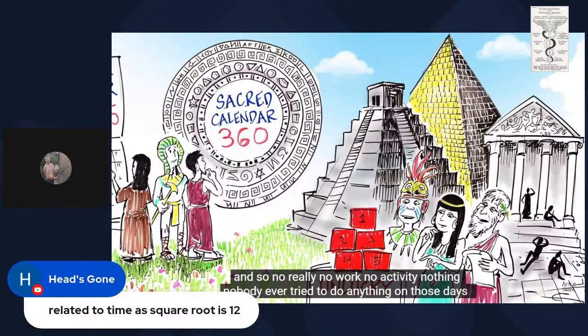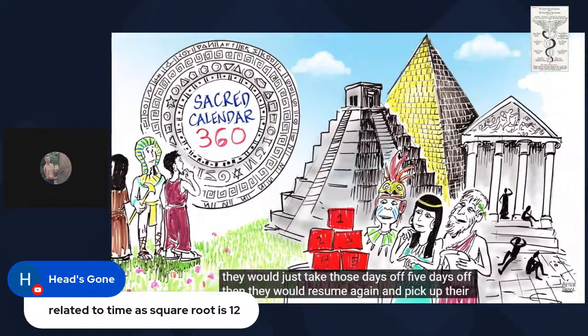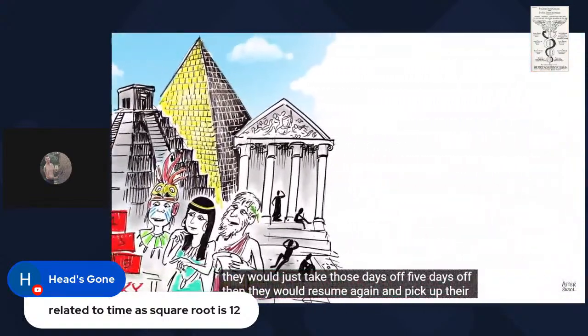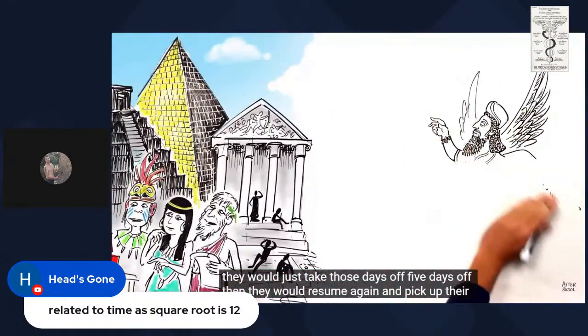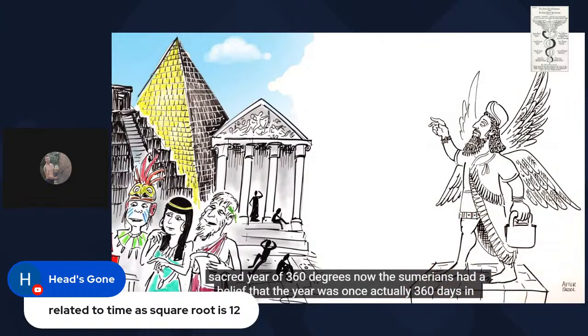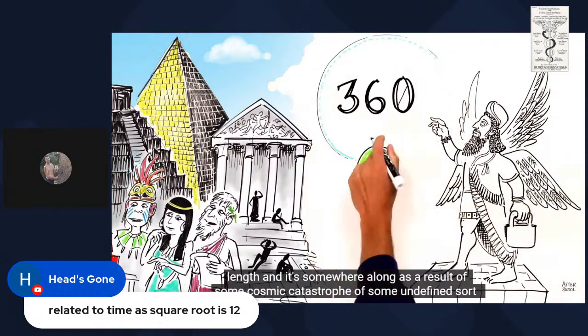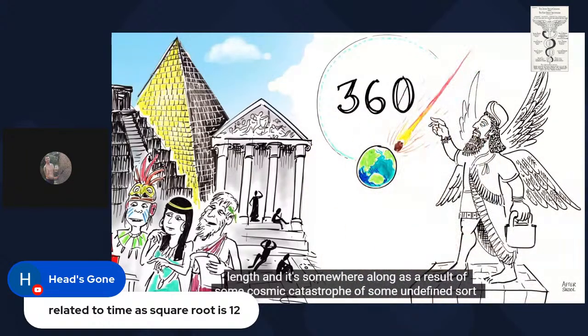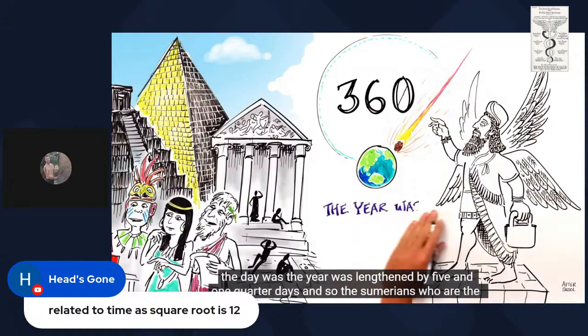Nobody ever tried to do anything on those days. They would just take those 5 days off, then they would resume again and pick up their sacred year of 360 degrees. Now, the Sumerians had a belief that the year was once actually 360 days in length, and that somewhere along, as a result of some cosmic catastrophe of some undefined sort, the year was lengthened by